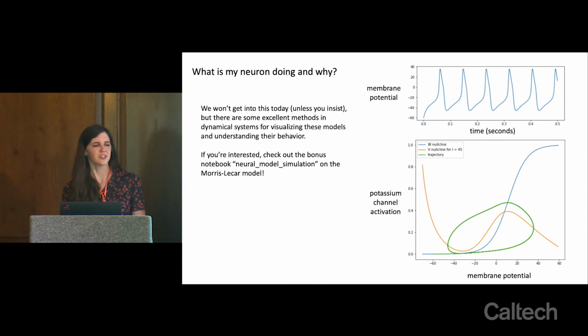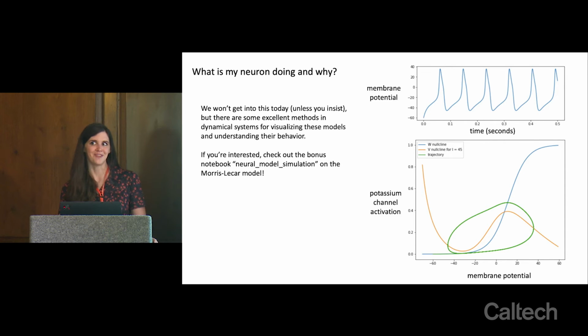So that's really just a preview, but there is a notebook where you go through understanding these dynamical systems models and playing around with how the spiking behavior of these cells changes as you change different parameters of the model, be they reversal potentials or gating time constants of your different ion channels. It's a very useful tool for getting a very quick summary of how neurons are behaving and how their behavior changes as a function of model parameters.